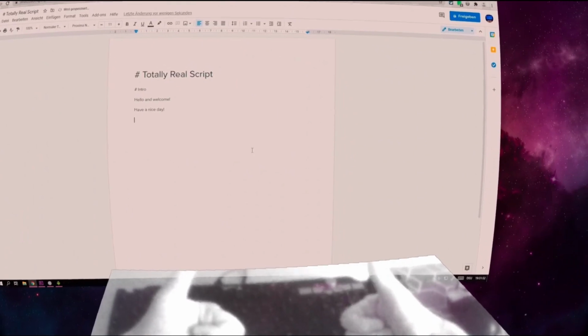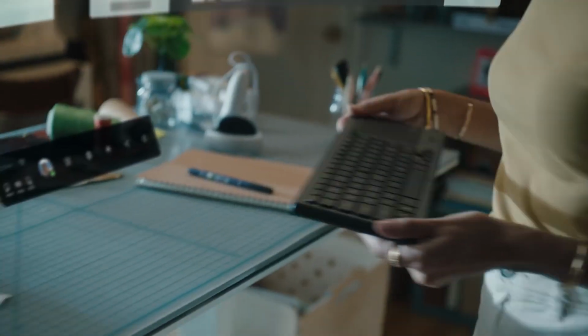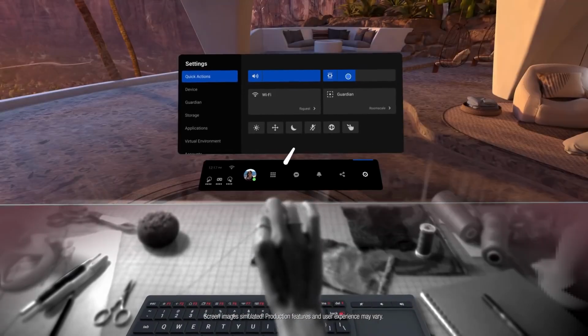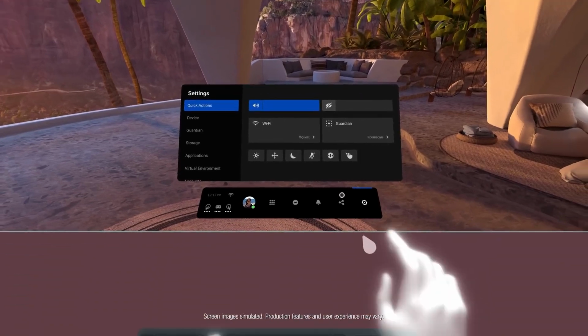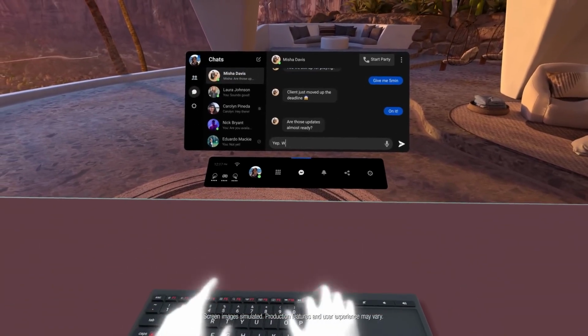What this feature does, it enables you to declare an area in your room you always want to be able to see while in VR. Judging from what I've seen, it seems like it's designed for your keyboard while working or using other applications that rely on user input in VR.